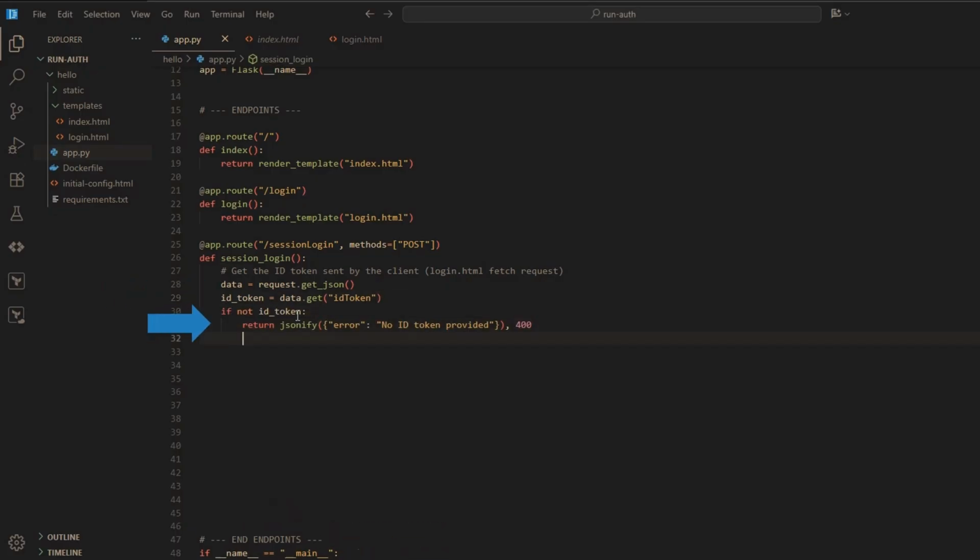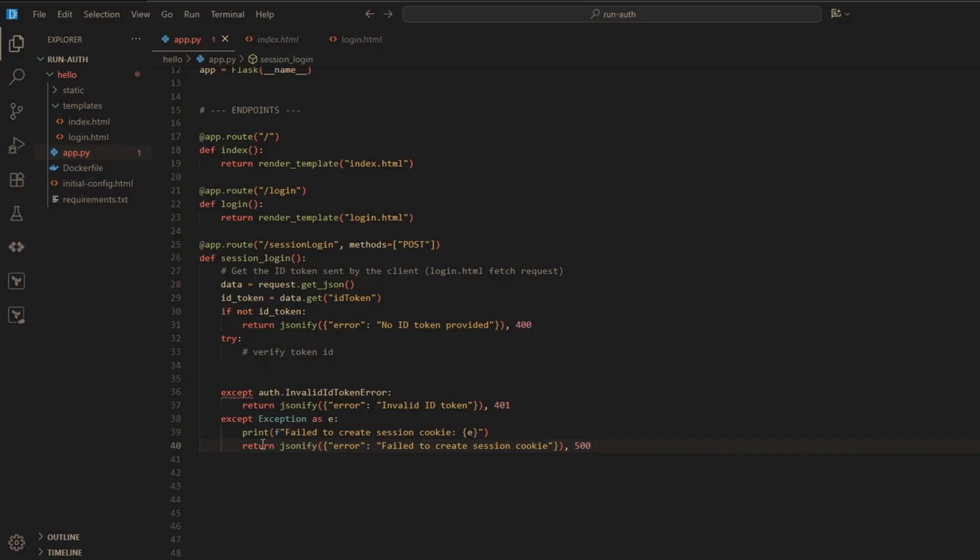Well, let's make sure if there is no ID token, we have to return an error, no ID token. And if there is an ID token, let's create a try except block. So we've got a placeholder for try. Let's add some exceptions. So 401 if the token is invalid, and 500 if there's any other issue. So we catch all other issues with 500. And with this